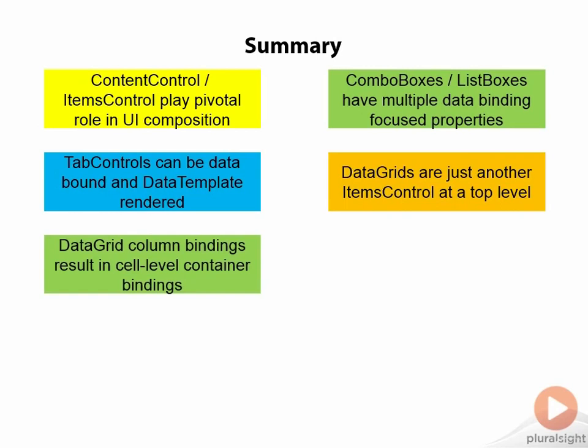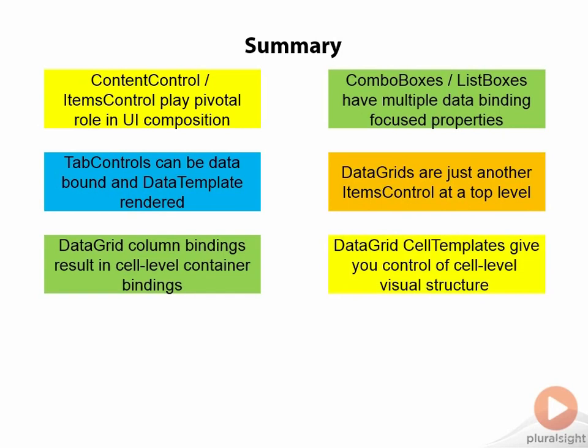As a result, certain kinds of bindings won't work in columns, specifically relative source bindings and element name bindings. For those, you can use a cell template. A cell template gives you full control of exactly what's going into a cell. You define a data template that contains the content you want to see in that cell, and that data template can contain whatever bindings relative to the data context of the row that you want. So if the row is a customer, you can point to properties on that customer, and any normal data binding should work there, including relative source bindings and element name bindings, because the cells are part of the visual tree,